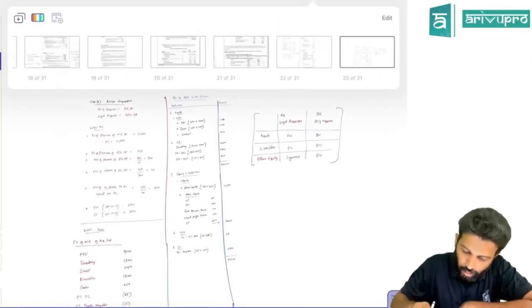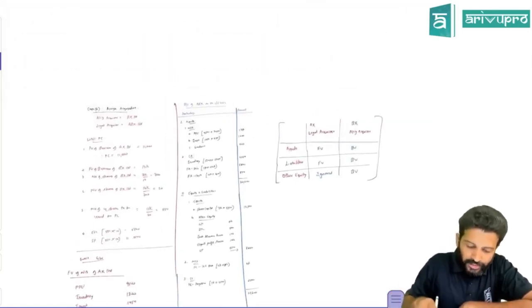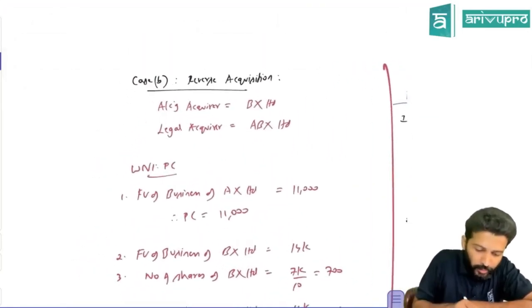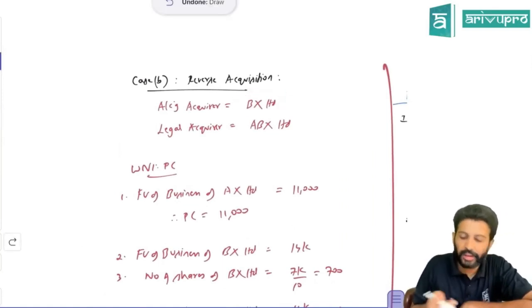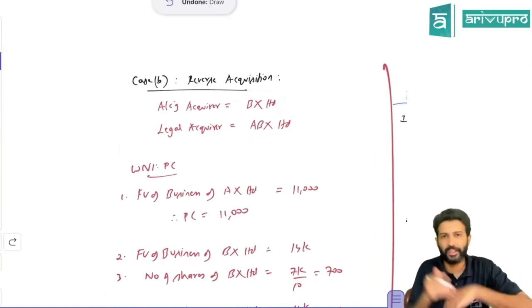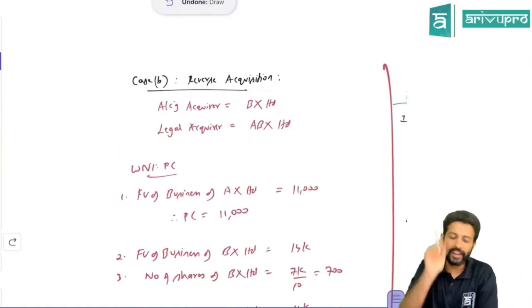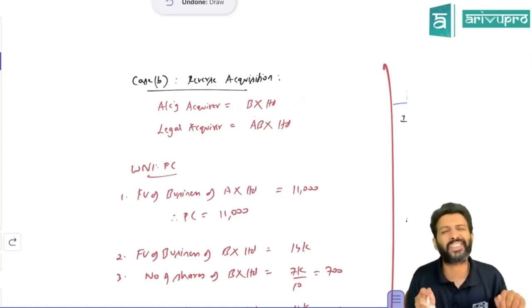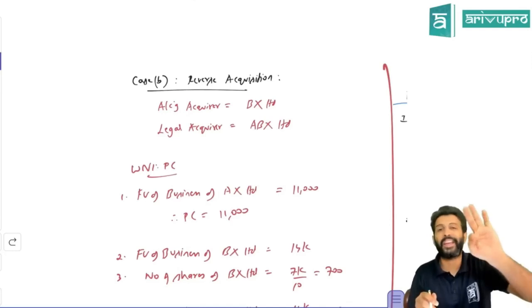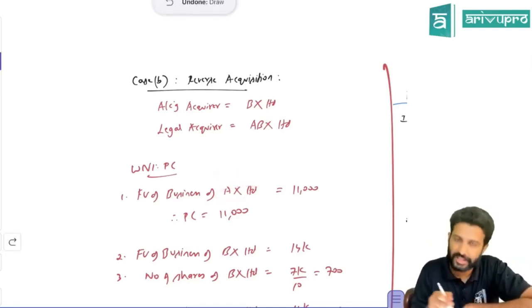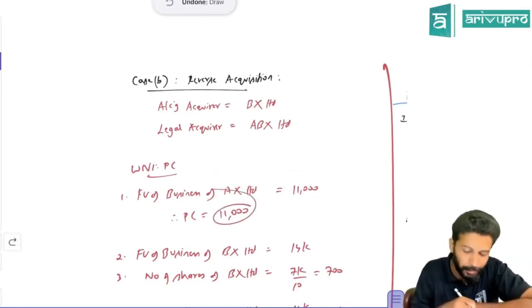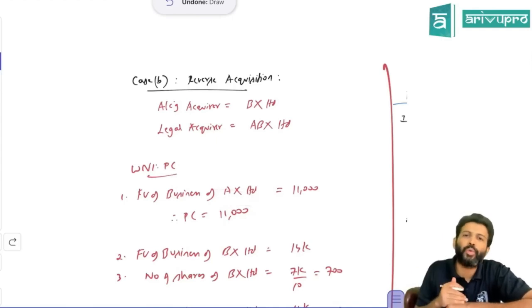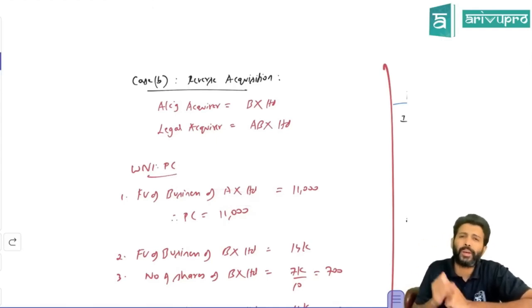Okay. So that's what we'll start over here. One second, I'll get this a little closer. So PC is not given. That's what I've written over here. Accounting acquirer is BX Limited. Legal acquirer is ABX. It is routed through an entity called ABX, but in reality, the acquirer is BX Limited. So PC is of the selling company. Which is the selling company? And really, who's the selling company here? AX. Do you know the fair value of business of AX? Yes, given as 11,000. So that itself will become PC. Okay. Now this PC, who will give? The real acquirer. Who's the real acquirer?